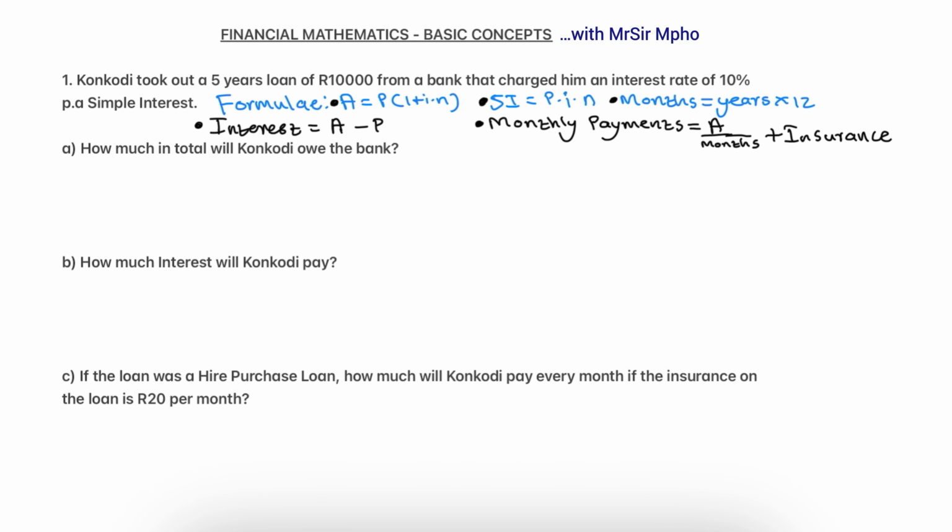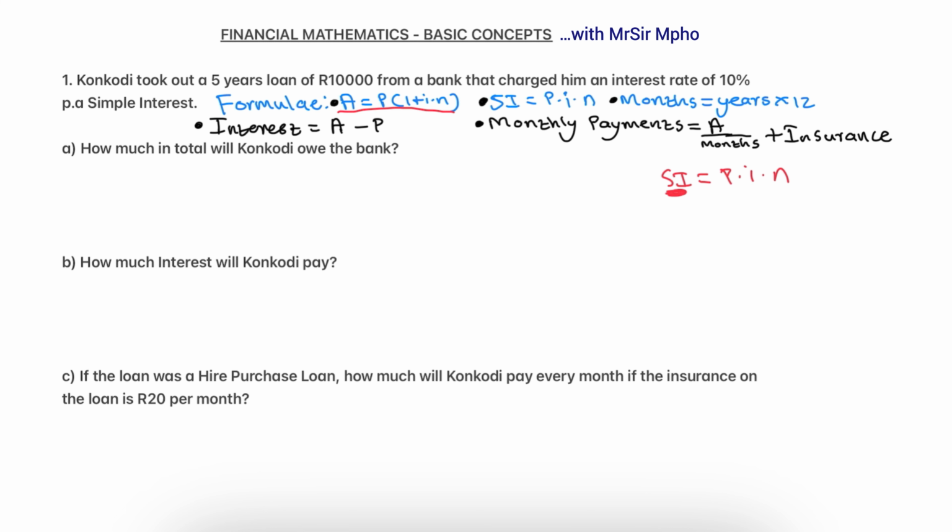You can see the first one, this one here. We have A is equal to P into 1 plus in. That's the formula for the total amount. So this is where it starts, okay? They said that simple interest is equal to Pin,